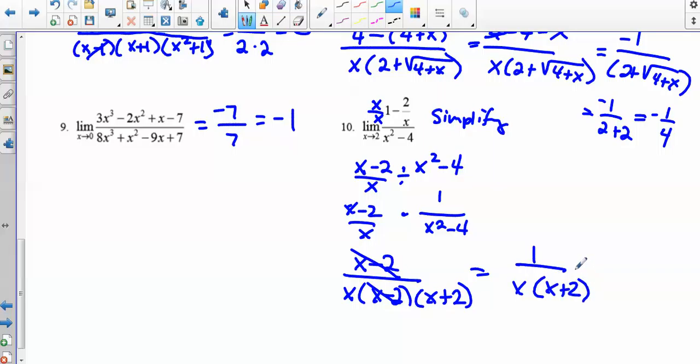And now I can find the limit as x approaches 2 by plugging 2 in. So when I plug in 2, I have 1 over 2 times 2 plus 2, which is going to give me